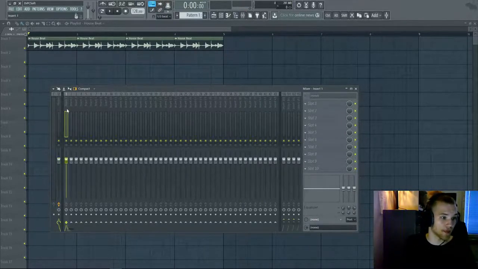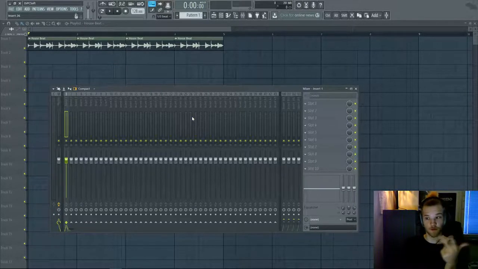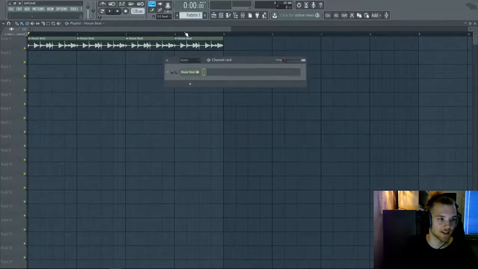And these are insert points. These are basically channels that each sound is going to be assigned to. So let's say you have drums, piano, and a bass guitar on a song, then that would be three tracks on the mixer. So I'm gonna show you how to assign these beats to a mixer. You press them in the pattern,